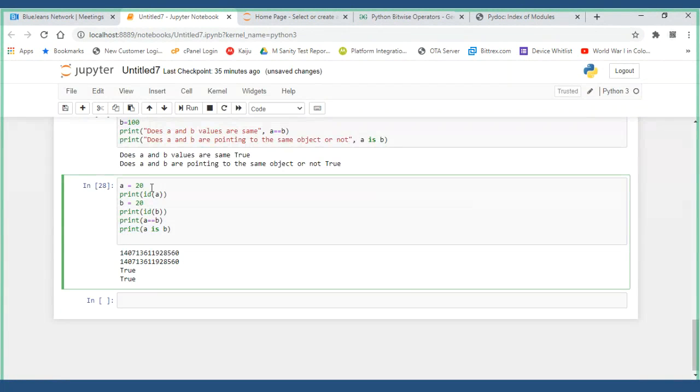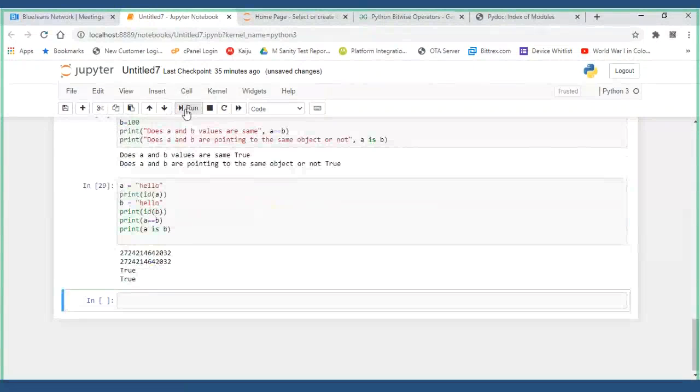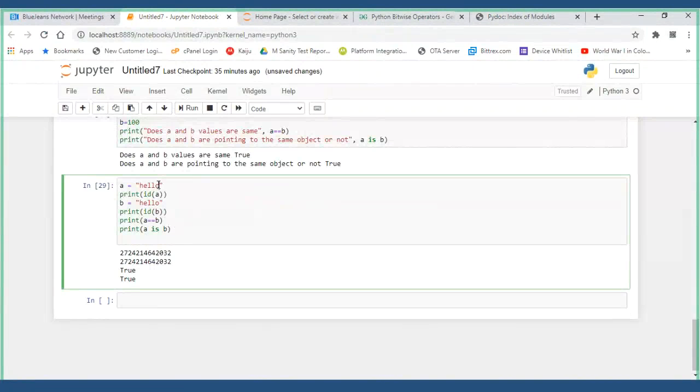Say for example, if I have hello, for text also you can see this. Run it, you get true. But if you have hello world in both of them, both are same, that string is nothing different, both are identical, not even a single letter is different.